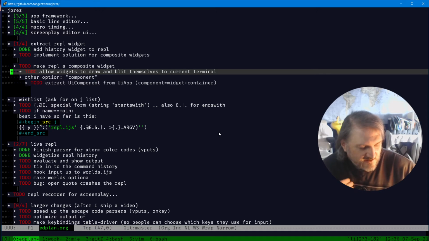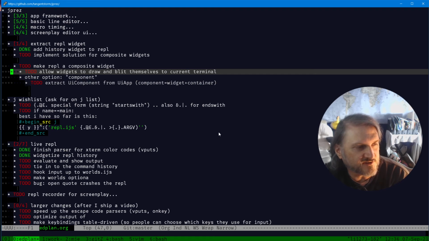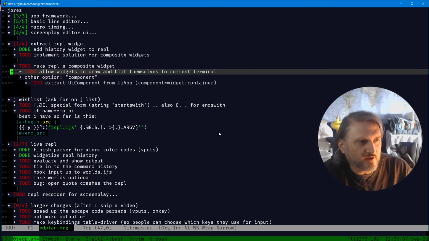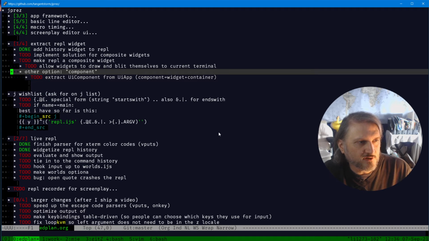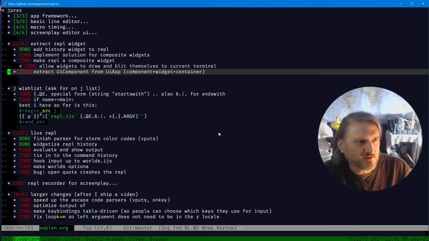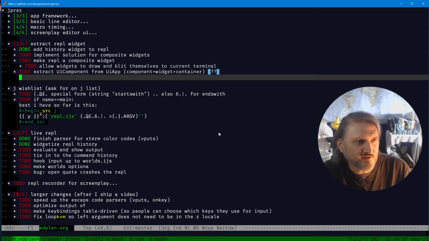In addition to having just a list of objects and passing around a canvas, we can just say, no, that might be an option too, but this is just a separate way of doing it. We just say blit yourself to the current terminal, at coordinates. So I think maybe this is someday. Maybe someday. Let's put this in question marks. I think there's still